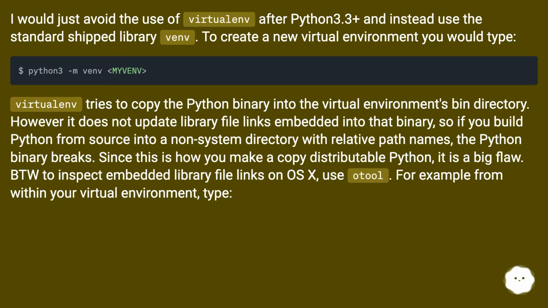Virtualenv tries to copy the Python binary into the virtual environment's bin directory. However, it does not update library file links embedded into that binary, so if you build Python from source into a non-system directory with relative path names, the Python binary breaks. Since this is how you make a copy-distributable Python, it is a big flaw. By the way, to inspect embedded library file links on OS X, use otool. For example, from within your virtual environment, type: